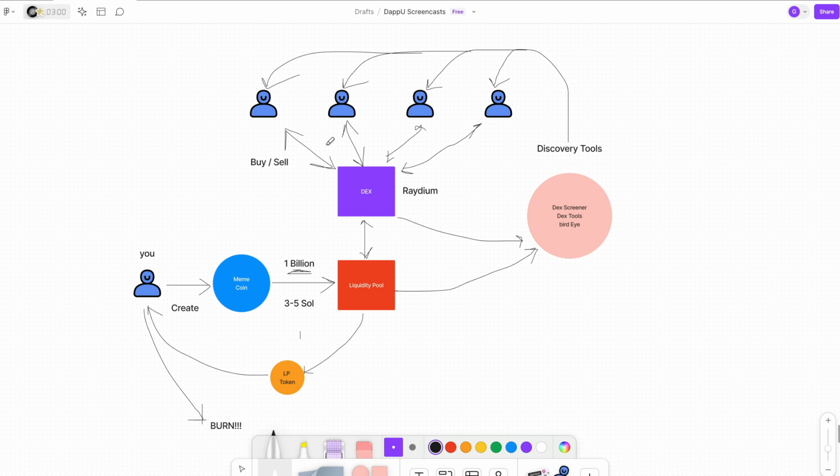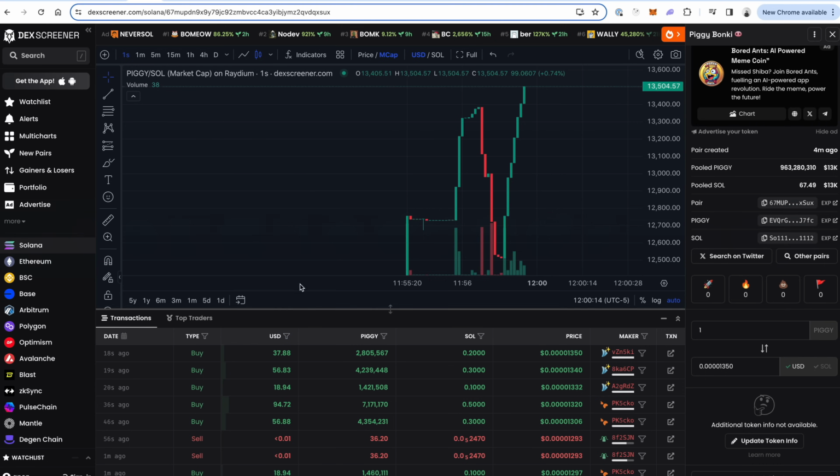They'll probably already be trading them here. And your token's automatically going to be listed on these discovery tools. So your traders are going to see them on these discovery tools. They're going to be copying and pasting the addresses into Raydium with their Solana wallets and SOL and start buying the tokens. Okay. So what are the other discovery tools? We talked about DexScreener pretty extensively.